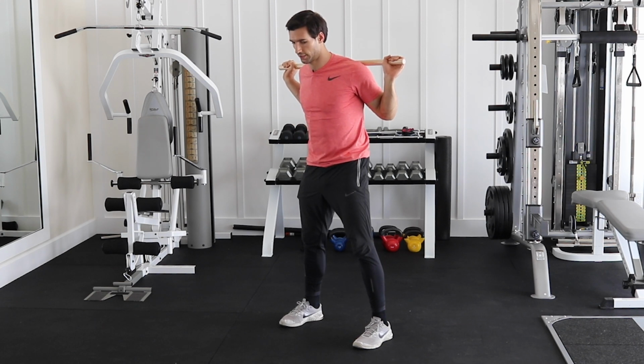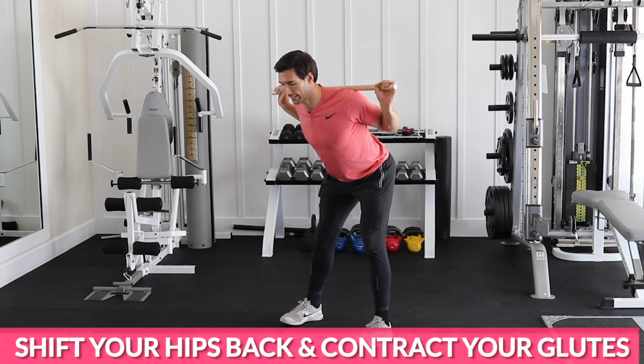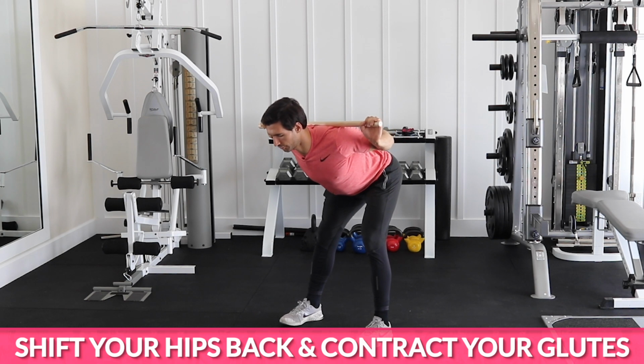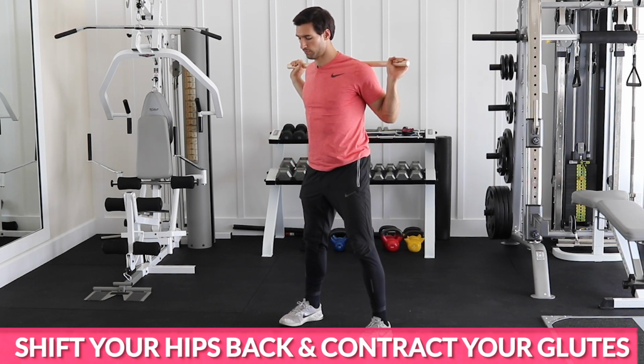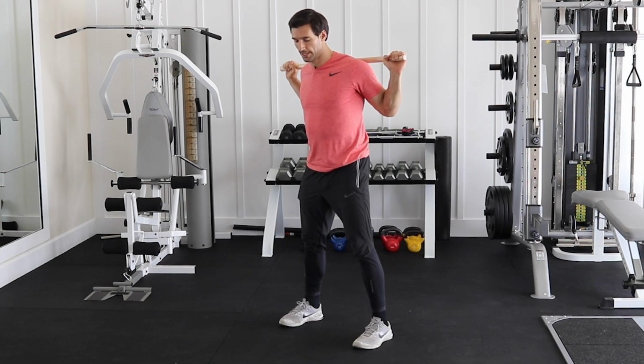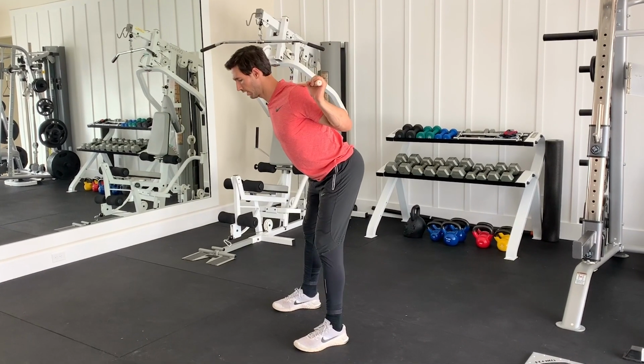up to starting position. So again, hip shift back. If you can put a wall behind you, I want you to try to touch that wall with your butt. Back is nice and tight the entire time. Come on up. So the reason that it's nice to have a broomstick or a little wood bar is because